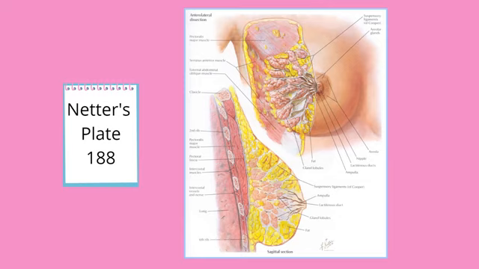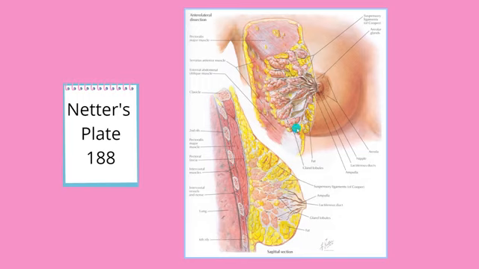The glandular tissue does increase some, but most of the size increase is due to fatty or adipose deposition. The glandular tissue, which you see in this light pink here, is only fully developed when breastfeeding or